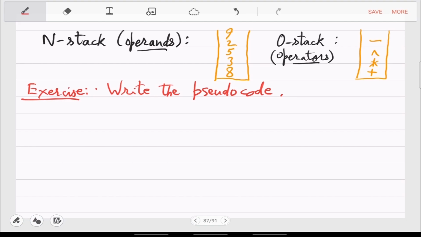So that is one, that's a simpler assignment. This will not be very difficult. It's already described. So write this pseudocode using n stack, O stack, give an expression in an array. Now modify that pseudocode to handle parentheses. Okay, so how do you handle parentheses? So basically just brackets. How do you handle these?